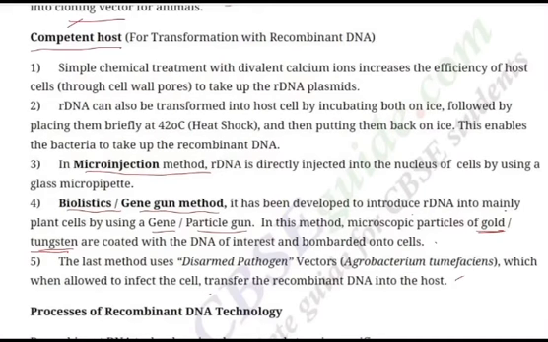And rDNA, of course, can be transformed into a host cell by incubating both on ice, followed by placing them briefly at 42 degrees centigrade, the heat shock method it's called, and then putting them back onto the ice. This enables the bacteria to take up the rDNA. So these are the various methods through which rDNA can be transferred into a host, and the host becomes a competent host. Let us discuss the process of